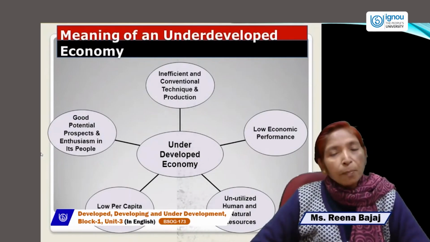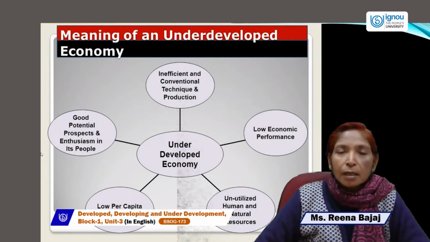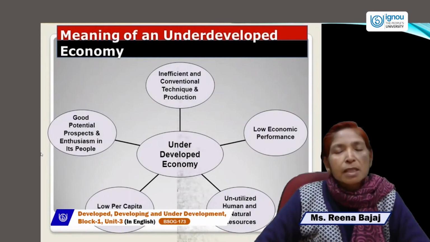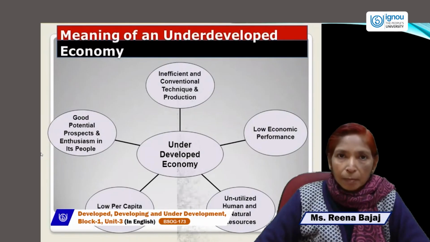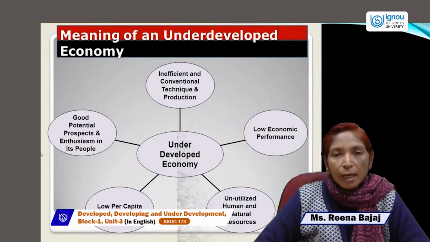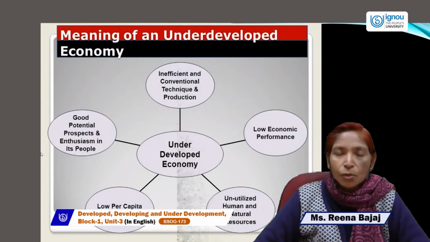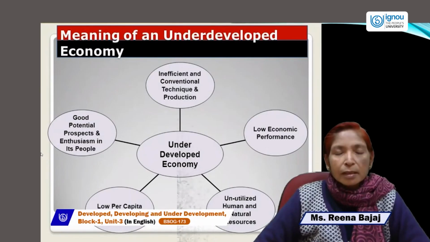Next is low per capita income. In an underdeveloped economy, per capita income, or per person income, always remains lower. Why? Because these economies have less national income. That's why these economies are called underdeveloped economies. They can't fully develop without capital formation, without money, and without full utilization of all the available resources. In an underdeveloped economy, economic performance remains low